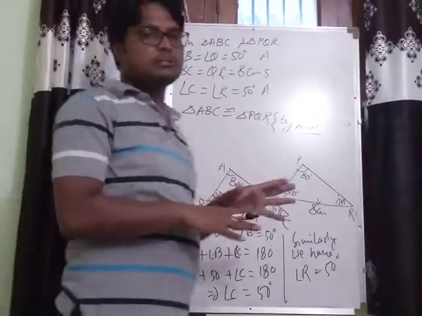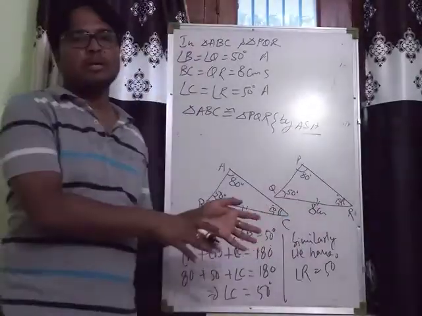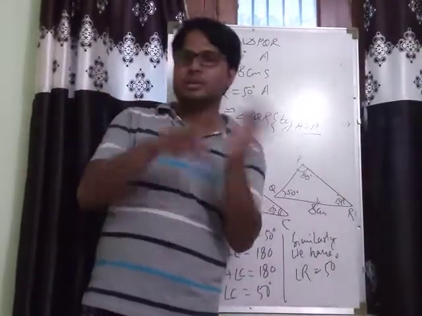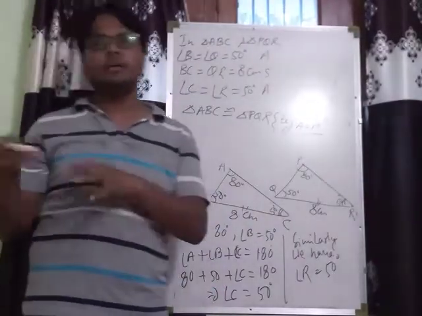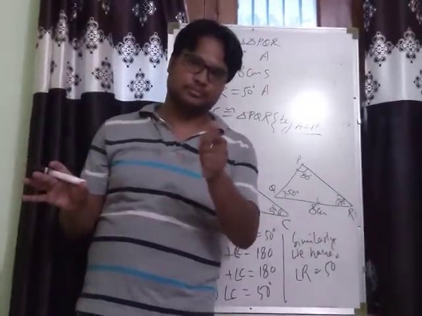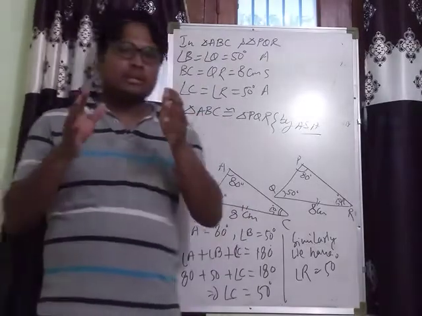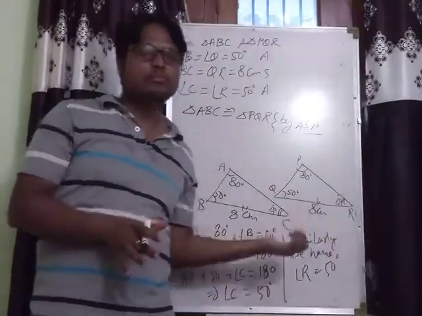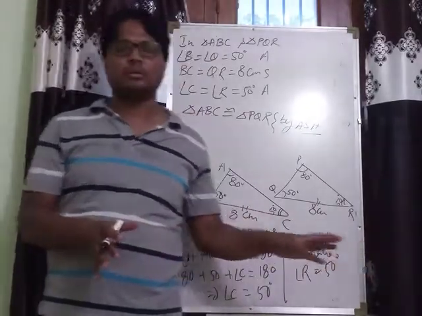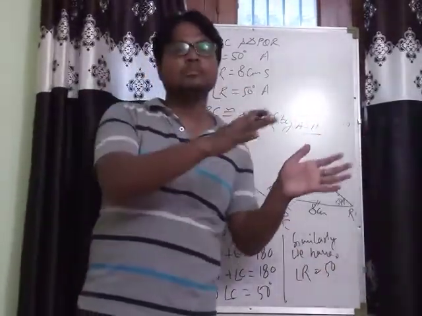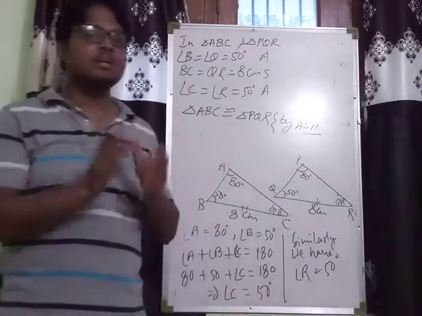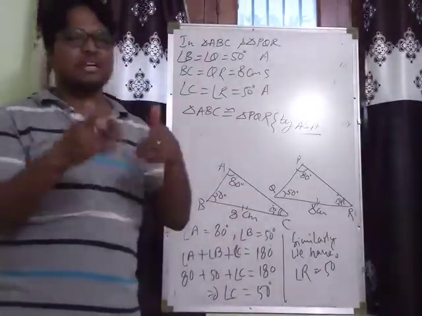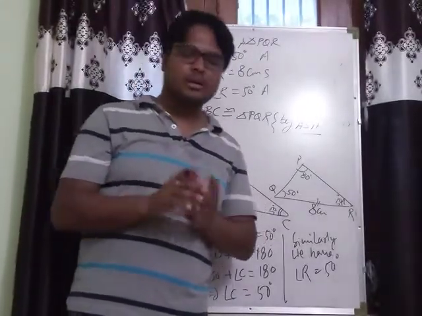What was given in this? AAS: two angles and any side of one triangle are equal to the corresponding two angles and any side of another triangle. Got it? In that case, we can find out the third angle, and that will become ASA. So AAS can also be taken as a rule. Okay. Now next one,